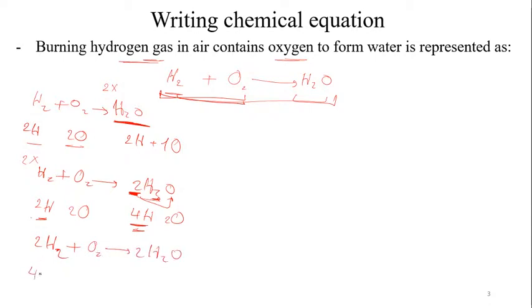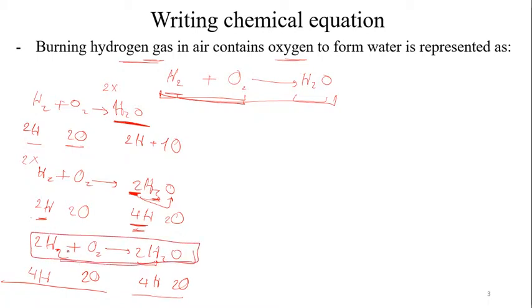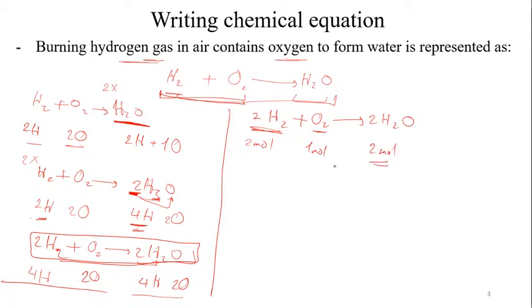If I count the number of atoms, here it became 4 hydrogens and 2 oxygens, and here 2 by 2 is equal to 4 hydrogens and 2 oxygens. Now I have reached the final balanced chemical equation, which is this one. If I write it here again, I could see that 2H2 plus O2 gives me 2H2O. This means I have 2 moles of hydrogen that reacted with 1 mole of oxygen to give me 2 moles of water. If I try to find out the grams